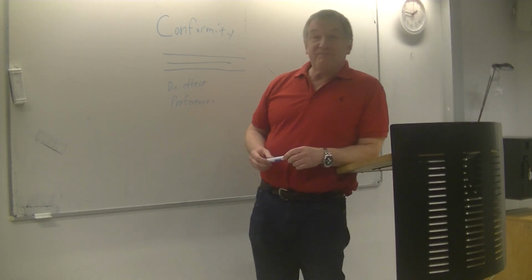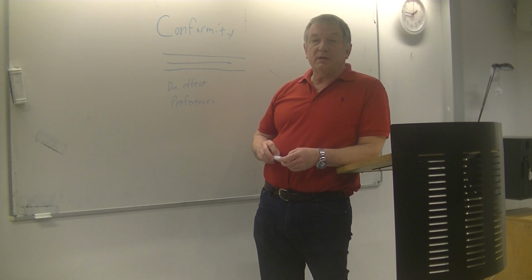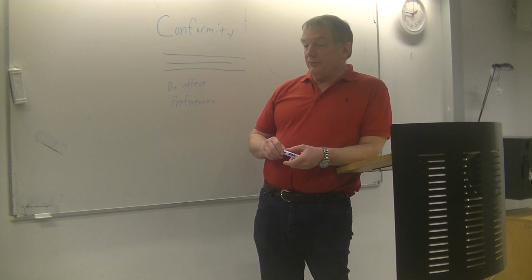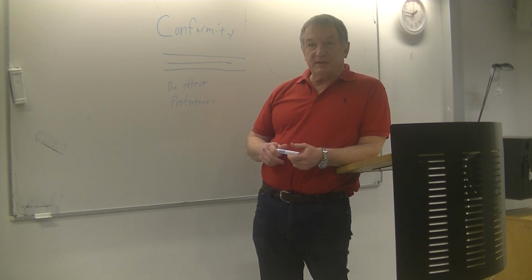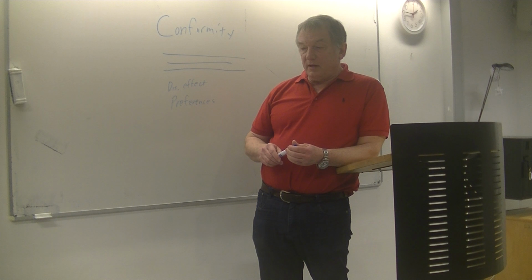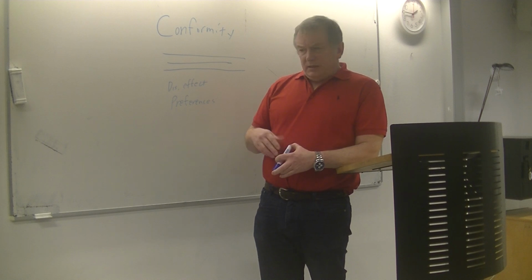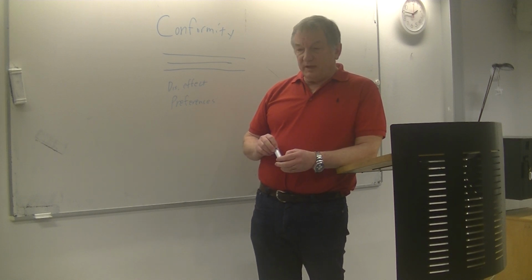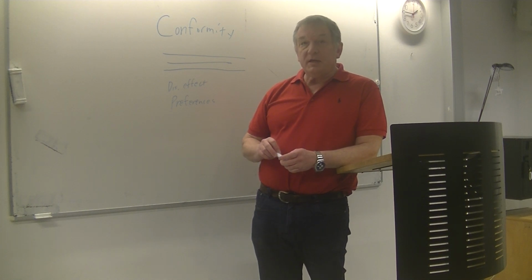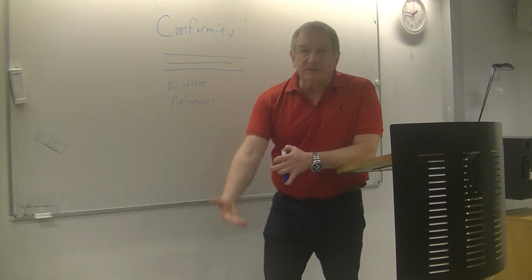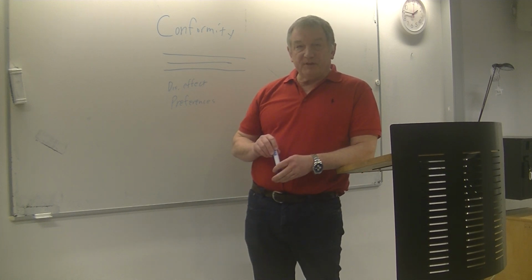What I'd like to do today is give a quick presentation on conformity, and the person I'm going to concentrate on in this lecture is a researcher with the name of Solomon Asch. He did a series of experiments in the late 60s, early 70s on conformity, and it can explain a lot about why we see certain patterns in human behavior, at least the way that we express ourselves to other people. So let me go ahead and begin.